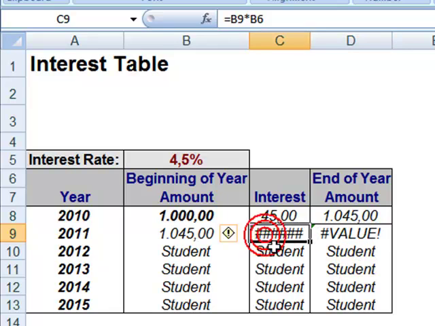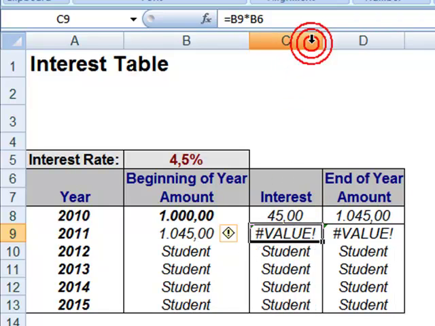Now when you see pound signs in Excel, that means that the result is too wide to fit in the width of the column. So the only thing we need to do is double click between the two columns so that we auto fit the size of the column into the width of the result, and we observe that the